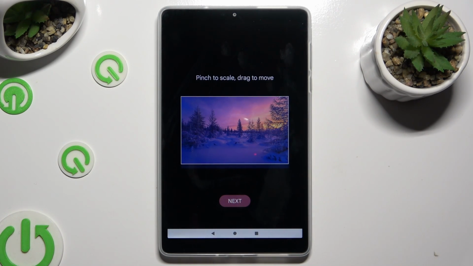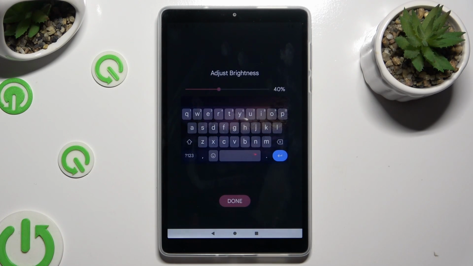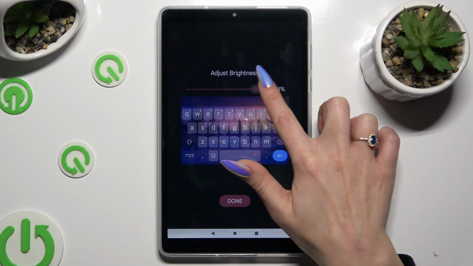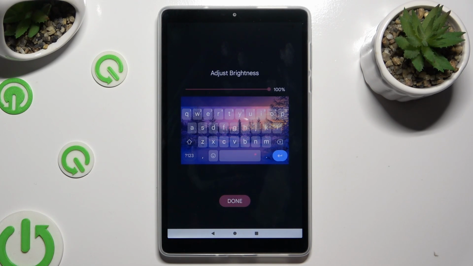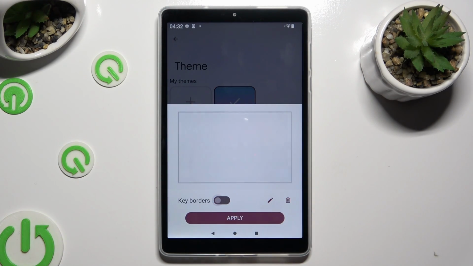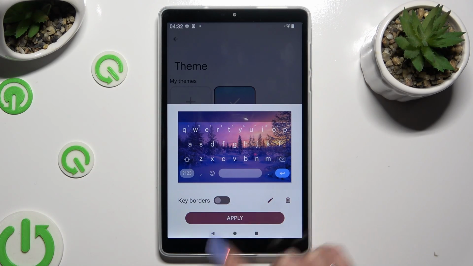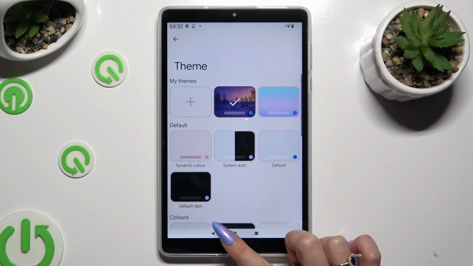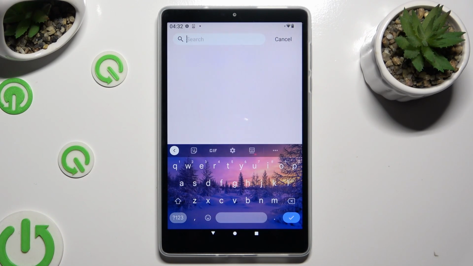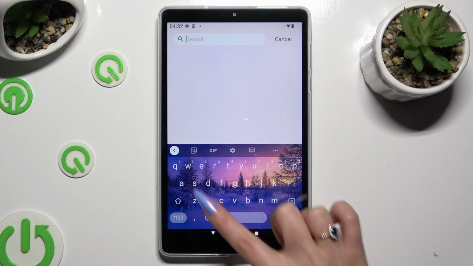When you're done, select Next. Adjust brightness by swiping left or right. Click on Done. Manage key borders and select Apply. So when I go back this time, as you can see, the theme of my keyboard was successfully customized with an